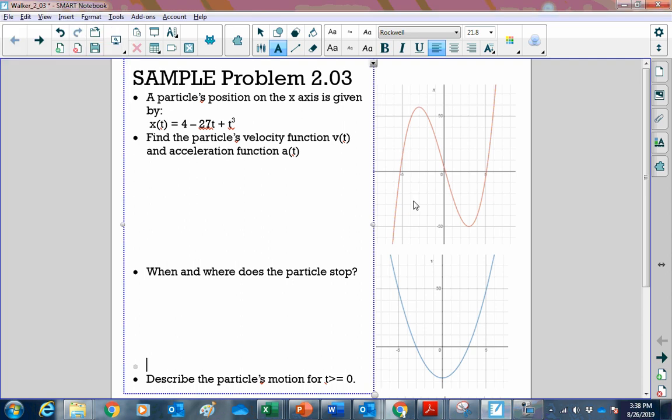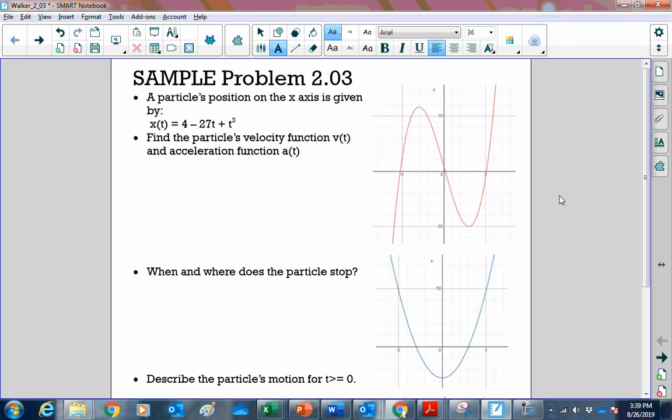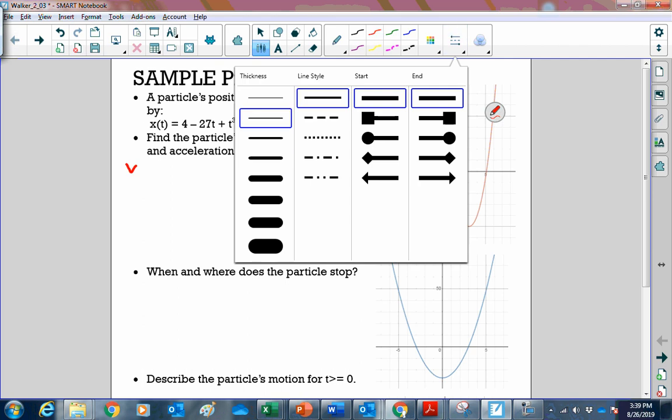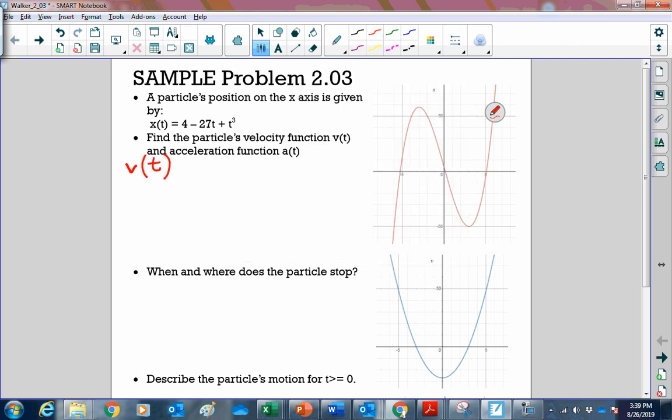This is sample problem 2.03 from the Walker textbook, and we're going to practice differentiating the position function to find the velocity function and acceleration function first. So here we have a polynomial, so we're going to use the power rule to find velocity with respect to time. So we'll take the first derivative and find velocity. So if I take the first term here,